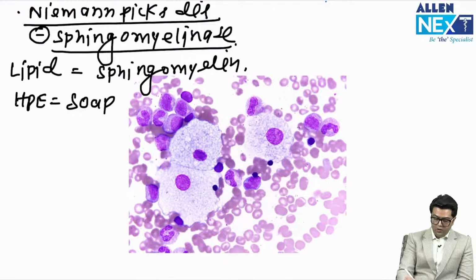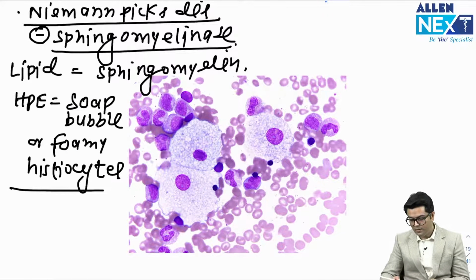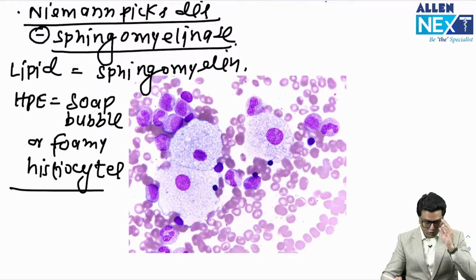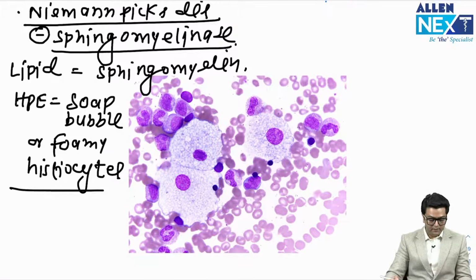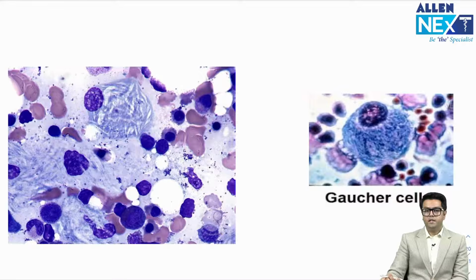So this we can call soap bubble or foamy histiocytes. This is not the crumpled tissue paper appearance. So no problem, yes, foamy cells. Very good. Fine. So that is what we can see here. That is Niemann-Pick's disease. Fine. Now you can see here, this is already mentioned on the right-hand side, that is called